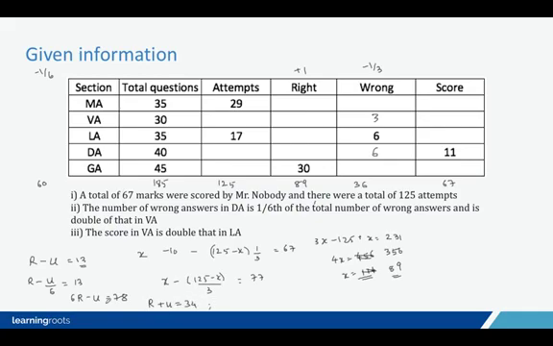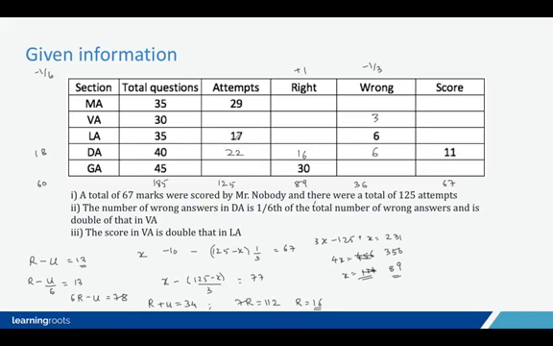So if R plus U is 34 and 6R minus U is 78, then I will get 7R is equal to 112. Now if 7R is equal to 112, I can say that R is equal to 16. So I know for sure that 16 questions were right, 22 were the total number of attempts across the DA section, and so the unattempted questions were 18 in DA. So that part we can figure out. So 22, 16, 6, 11 is what we figured out, right?